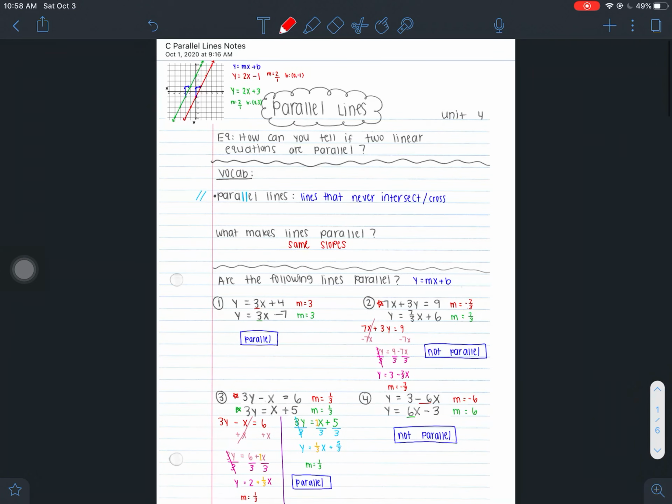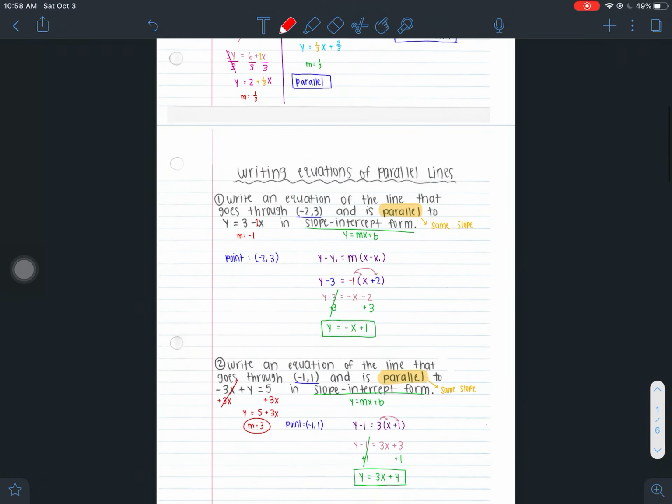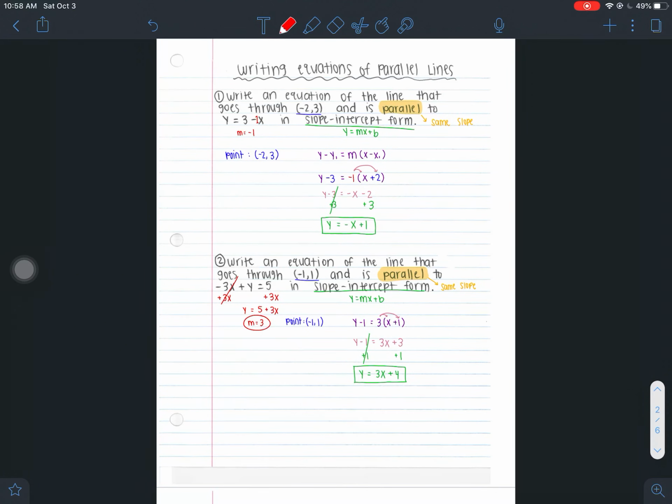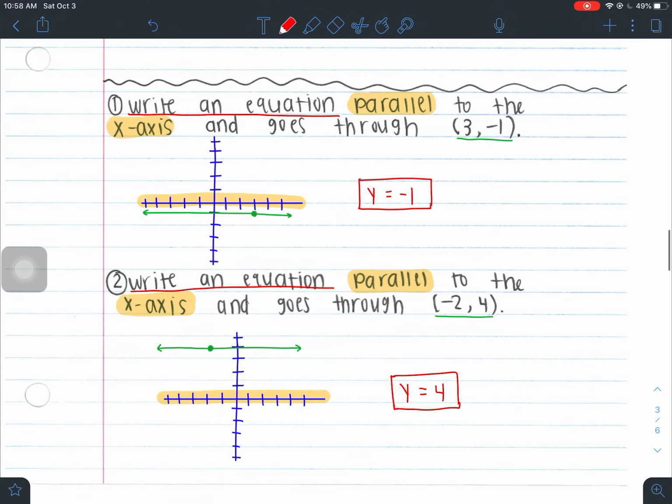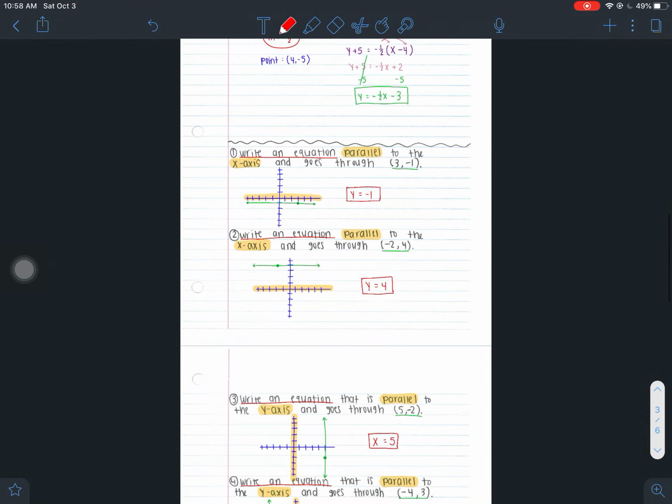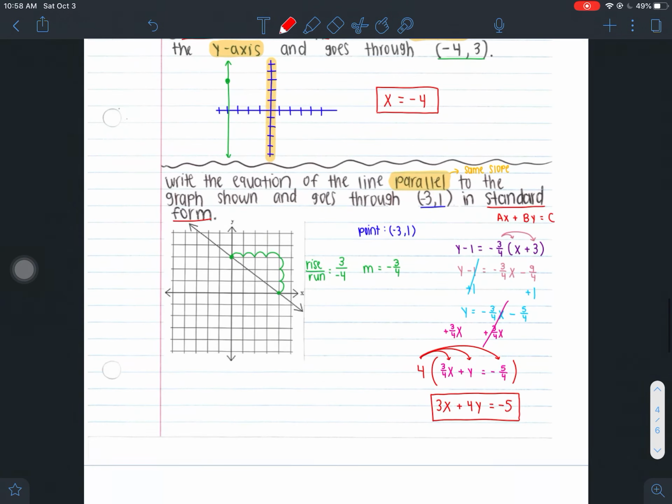The key thing is that parallel lines have the exact same slope. So if you're trying to figure out if 2 lines are parallel, you want to make sure they have the same slope. You do not know the slope of an equation until y is by itself. And when you're given something that's not a typical problem where there isn't an equation, you're going to have to draw a graph to guide you. But other than that, these are parallel lines, and if you have any questions,